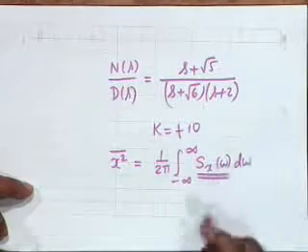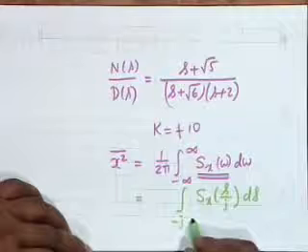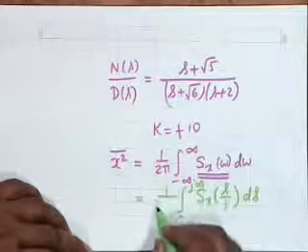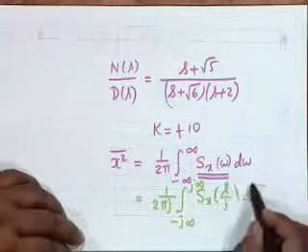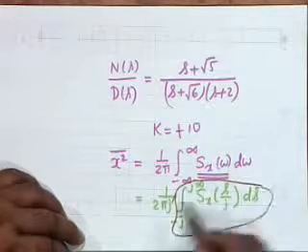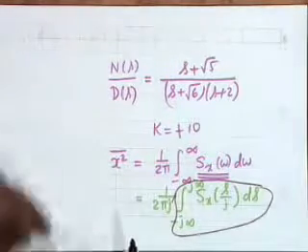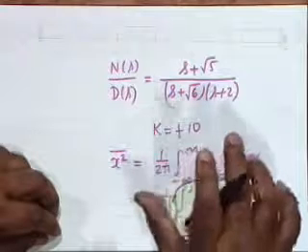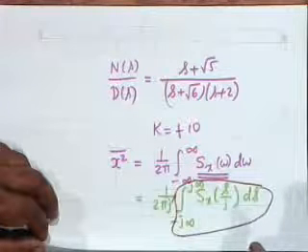On the other hand, it becomes very simple if you change omega to s by j. You notice that this would be, if you say S x of s by j ds, then this becomes from minus j infinity to plus j infinity, and here you have 1 by 2 pi j. You notice that this is a complex integration. This is a contour integration because it is an integration in the complex variable, from minus j infinity to plus j infinity. So, what we can do is we can draw a semicircle of radius infinity